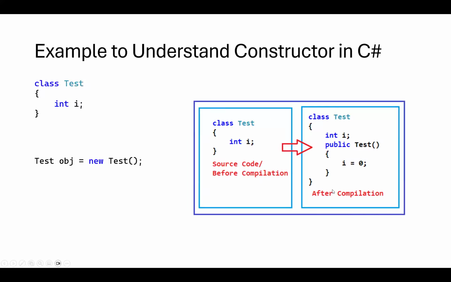But after compilation, the C# compiler creates this variant of the class definition, and in this case you have the same variable i, but you will automatically get a public method Test, the same name, it's a constructor,